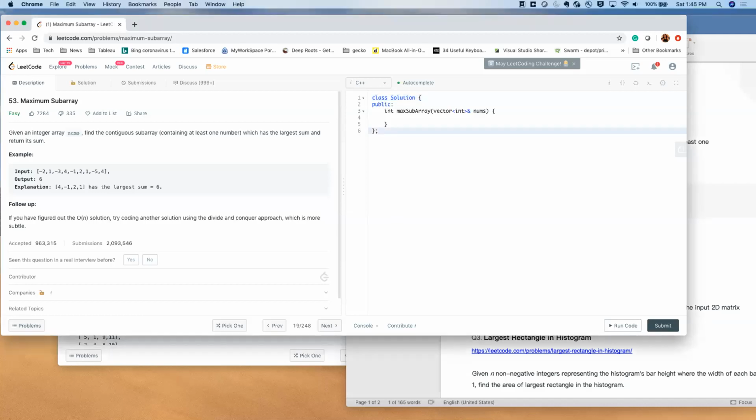So now, if I understand you correctly, you are suggesting that I have 2 point indexes, say int start, which is 0, and then have another one, int end, which also starts with 0. Right. So right now, in our first input,